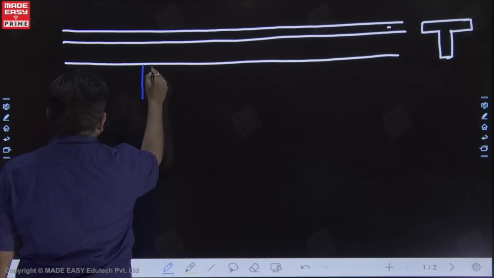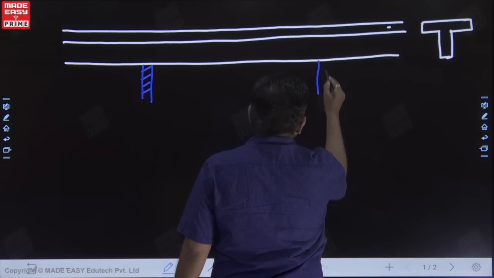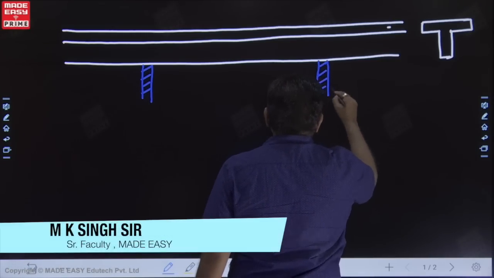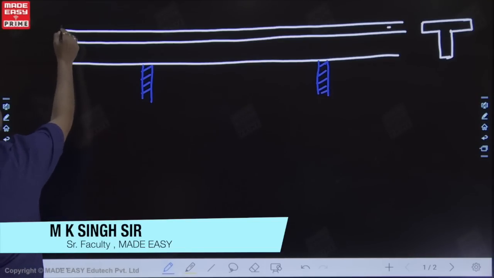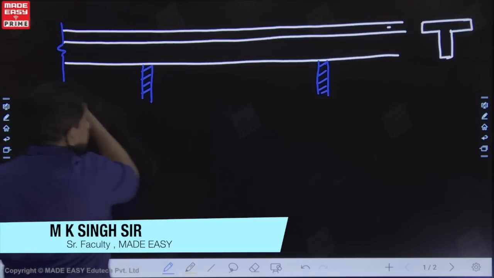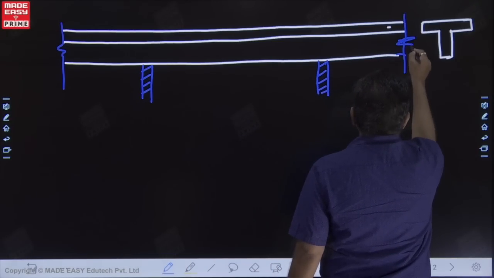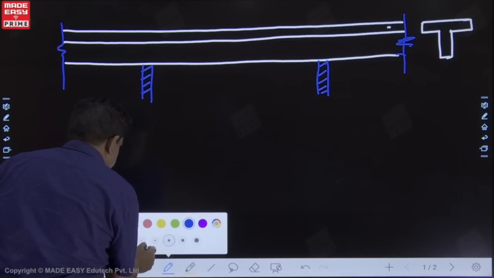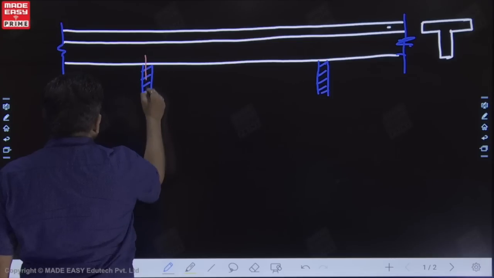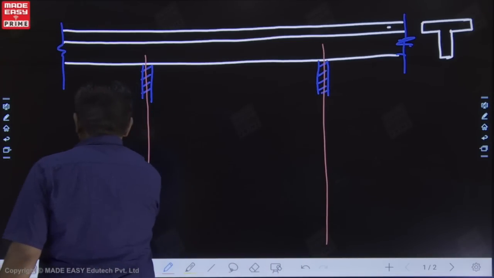Where are supports? One support is here, one support is here. So how will this beam bend? Here this beam is continuing. It is not ended here. The beam is continued at this location also. So what will be the bending moment diagram? Can you tell me? The BMD for such beam will be